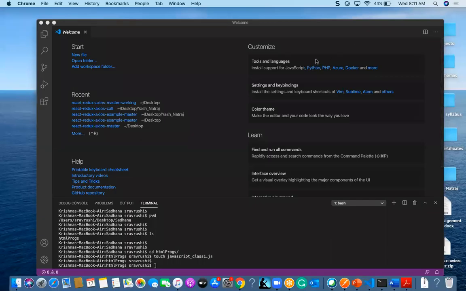For writing the business logic for HTML, most of the time we are going to use JavaScript only. This JavaScript is embedded in script tags. The script tags can be mentioned in the header or in the body. In that script we can declare a variable, like a equal to 10.